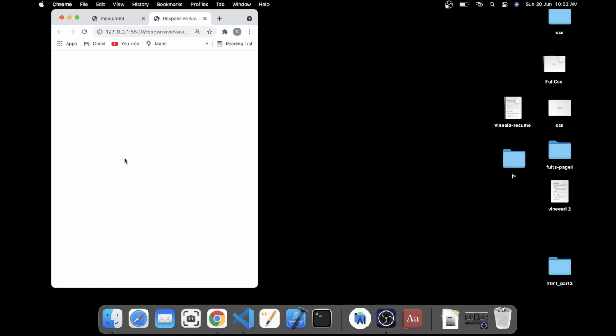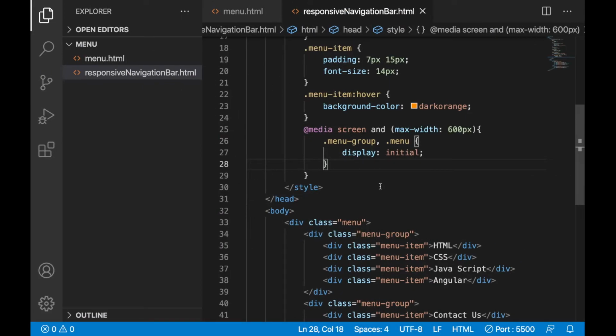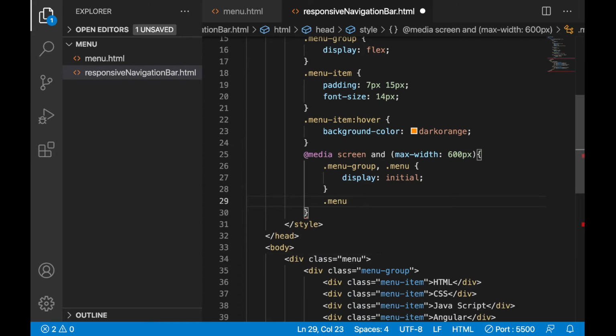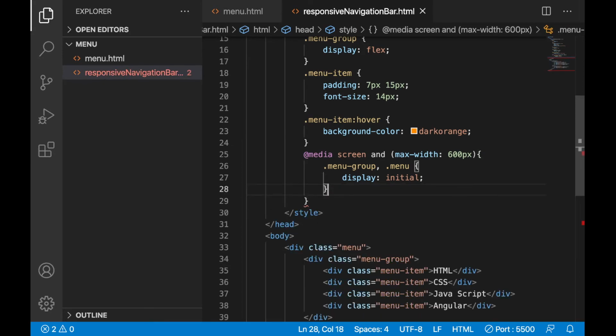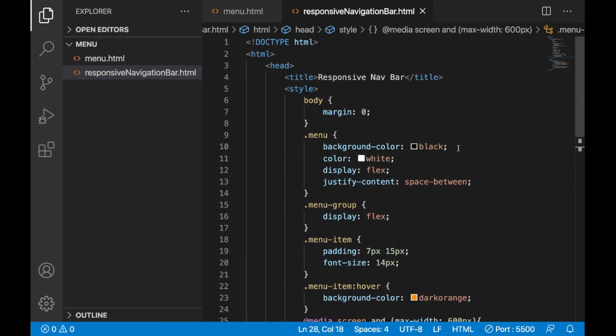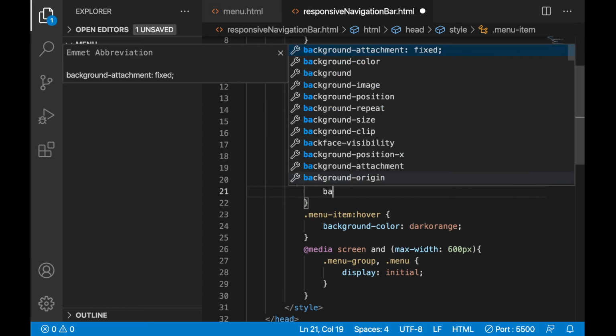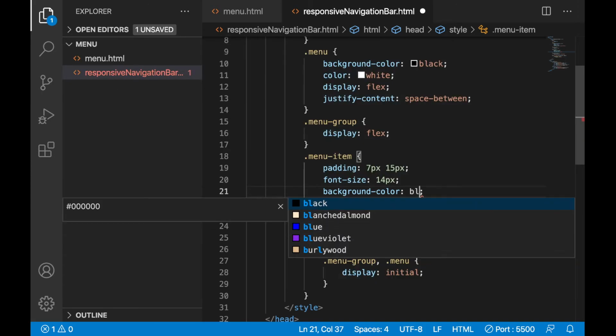Here the background color is missing. So for the smaller window, let's add some background color. Normally we can add it outside this media query also, it is not required. Yeah, for menu items, let's write background color black.